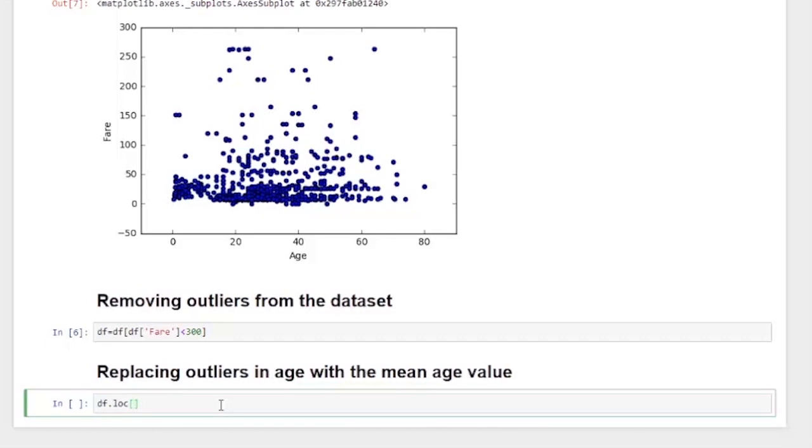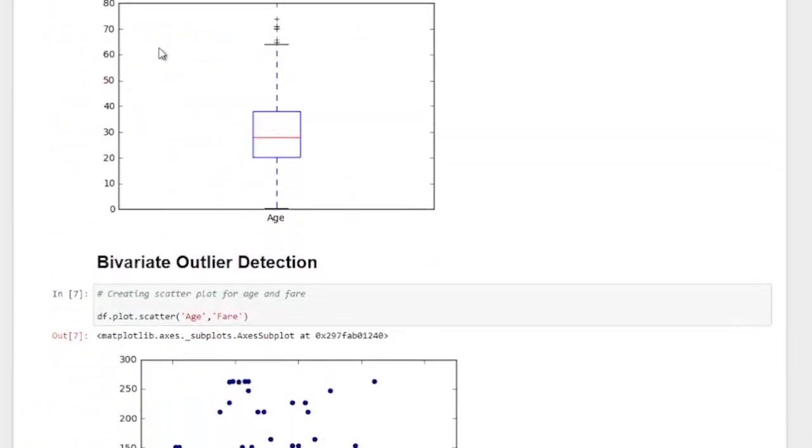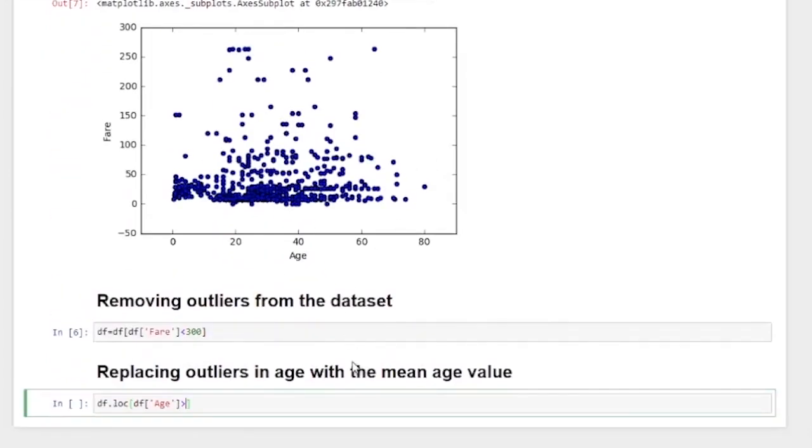Since for us the outliers were anything above 65, we want the location of the rows for which the value of age is greater than 65. Now we want the age column since we'll be imputing in that only. This will return the location of all the age values which are greater than 65.